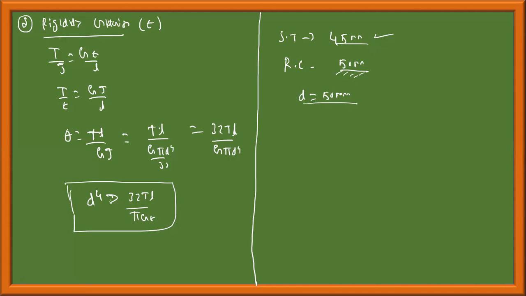Next, when we talk about shaft, we talk about power. Power is equal to 2 pi N T by 60, where T is the mean torque. Because